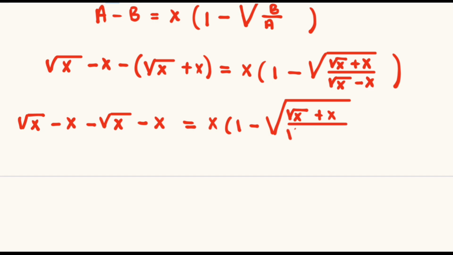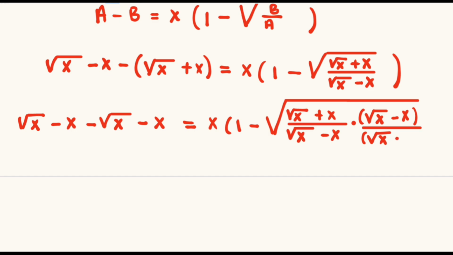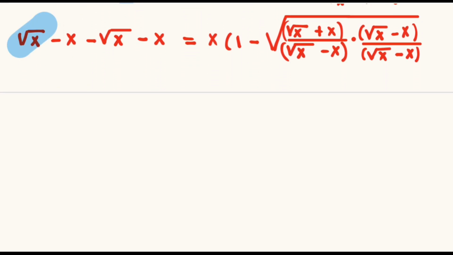divided, and we multiply this term inside the square root by 1 in the form of the square root of x minus x divided by the square root of x minus x. The square root of x minus the square root of x will be equal to 0, and minus x minus x will be equal to negative 2x,